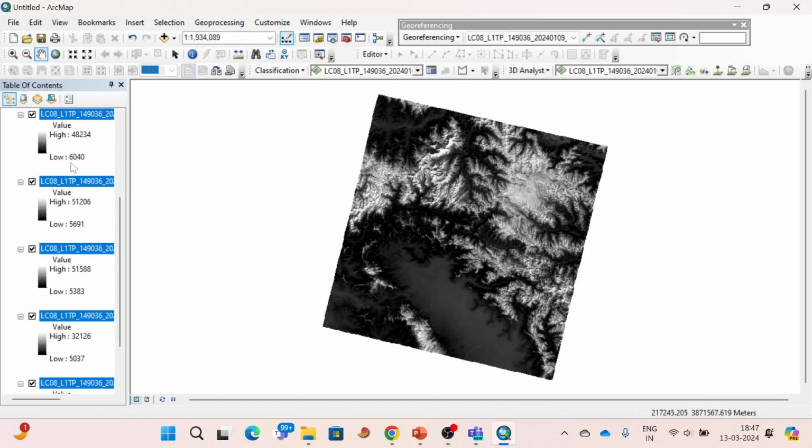Okay, so now I've added all the bands. Now what I have to do is make a false color composite. So for that I have to,